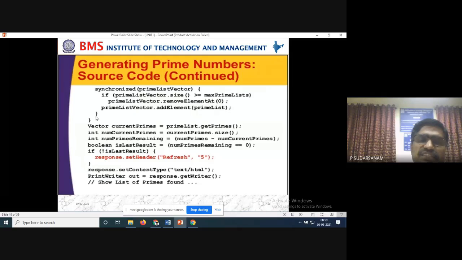So here, what is synchronization? Why are we using synchronization? When you are serving a huge number of people, as we have discussed, if more requests happen, synchronization should also happen. Synchronization happens when many people request at a time, when many people are requesting the server. So synchronization of the prime list of the vectors: if it is crossing the limit, whoever initiated or requested first, once that is complete, delete it and do the remaining operations.